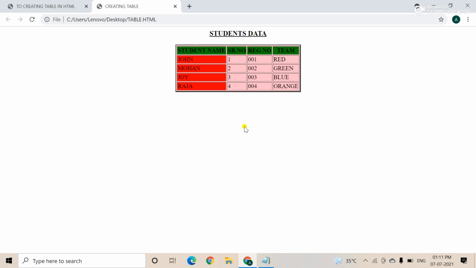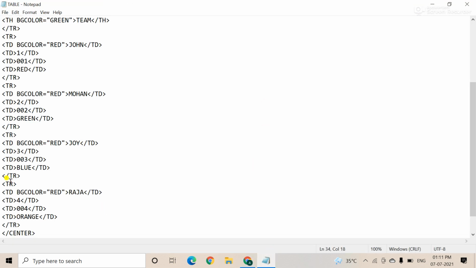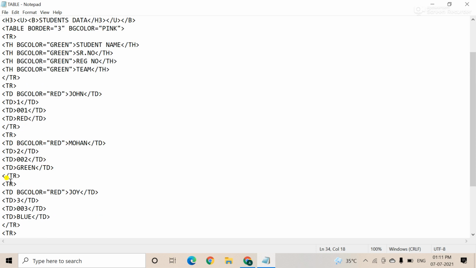And the next thing is, you see in your book, there is the height and width. BG color you already understood. I explained, I hope all of you understood. Next I am going to explain the table height and width. Suppose you want to increase the width of the table, and increase the height also. So how do you use it like this? See the table, height and width.